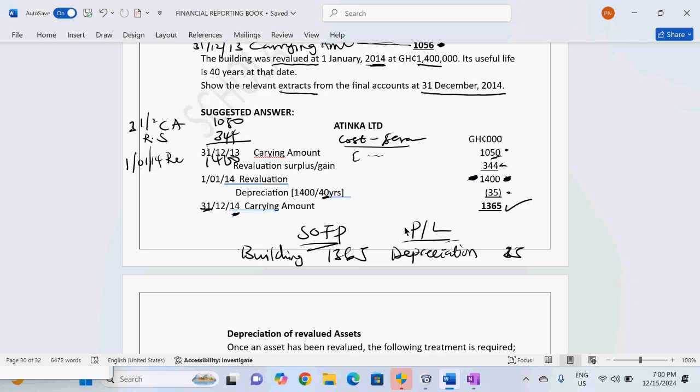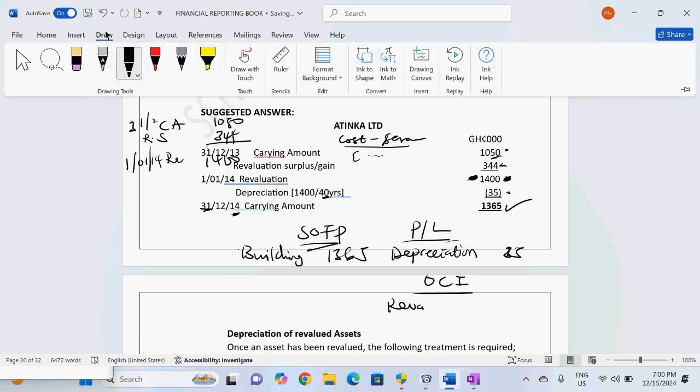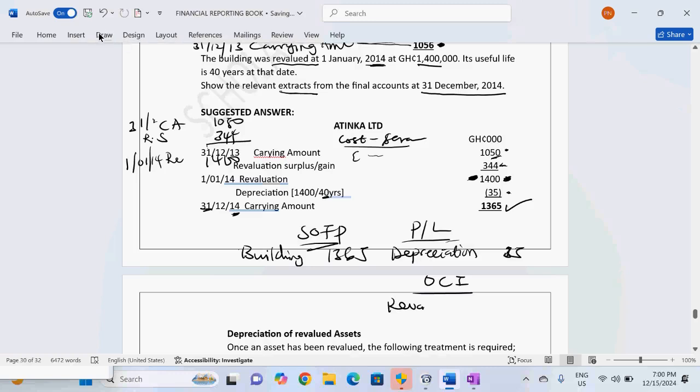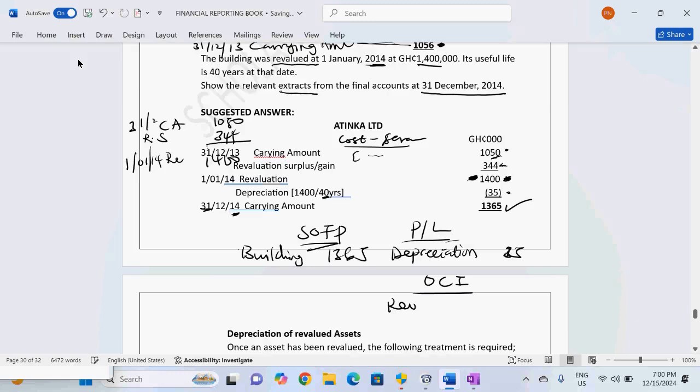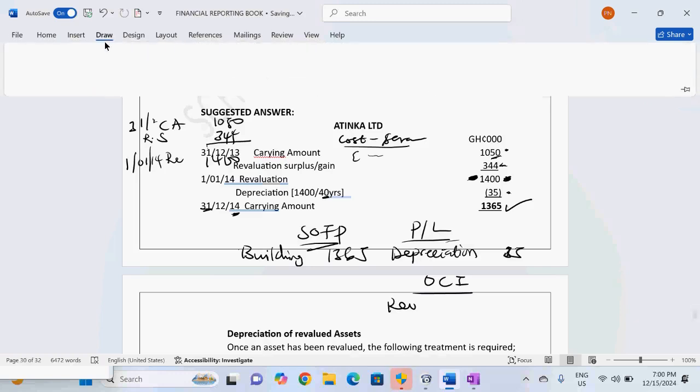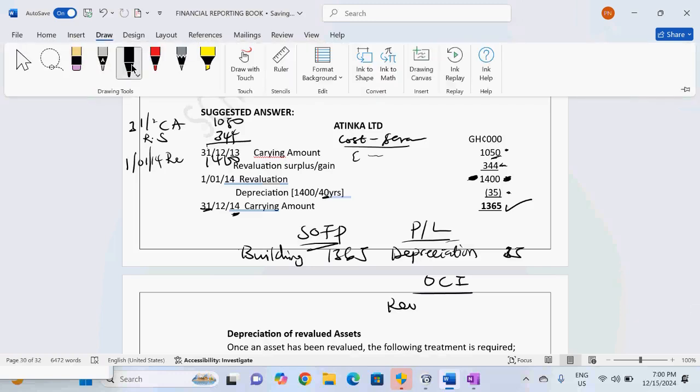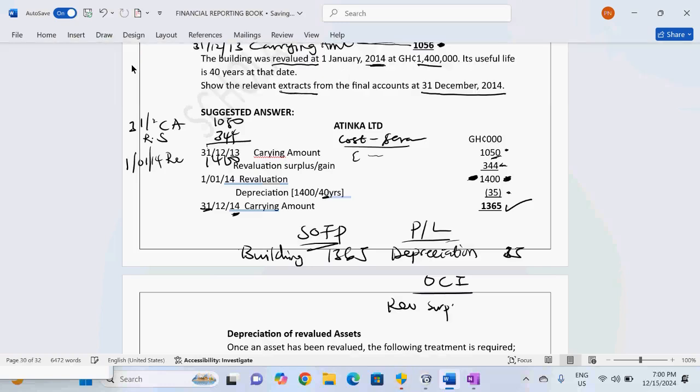OCI, revaluation gain will also go to OCI. So P&L and OCI, we have the revaluation. OCI, we have revaluation, we have revaluation surplus, right? And that is